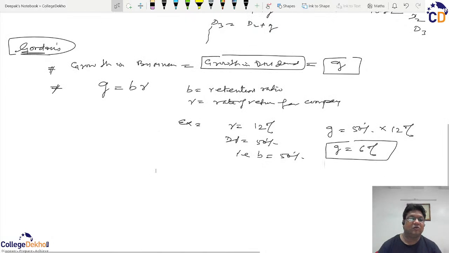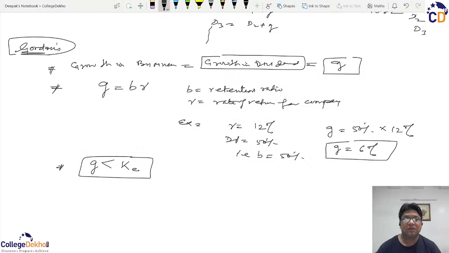And one of the most important assumptions was that this G is always presumed to be less than the cost of the equity. That is what K denotes here. It is the rate of return for the shareholder,